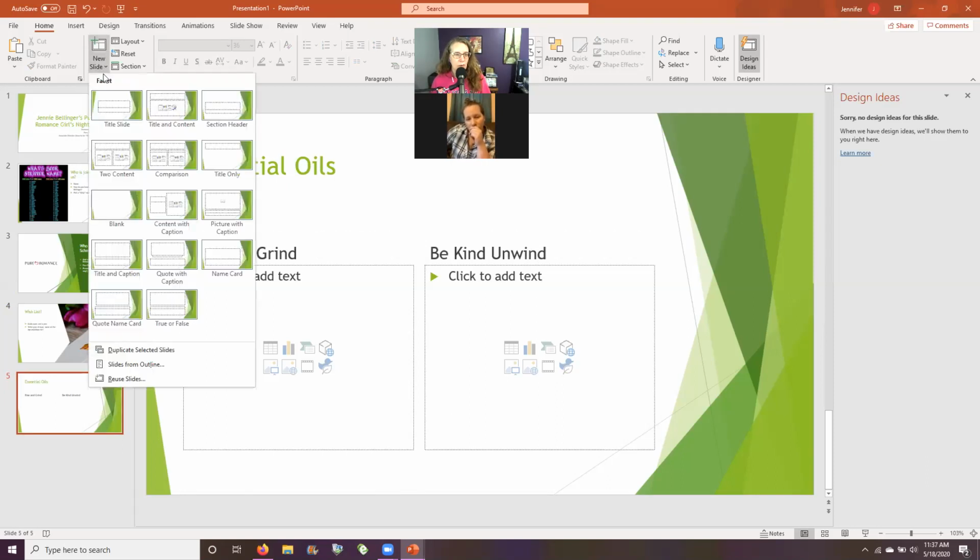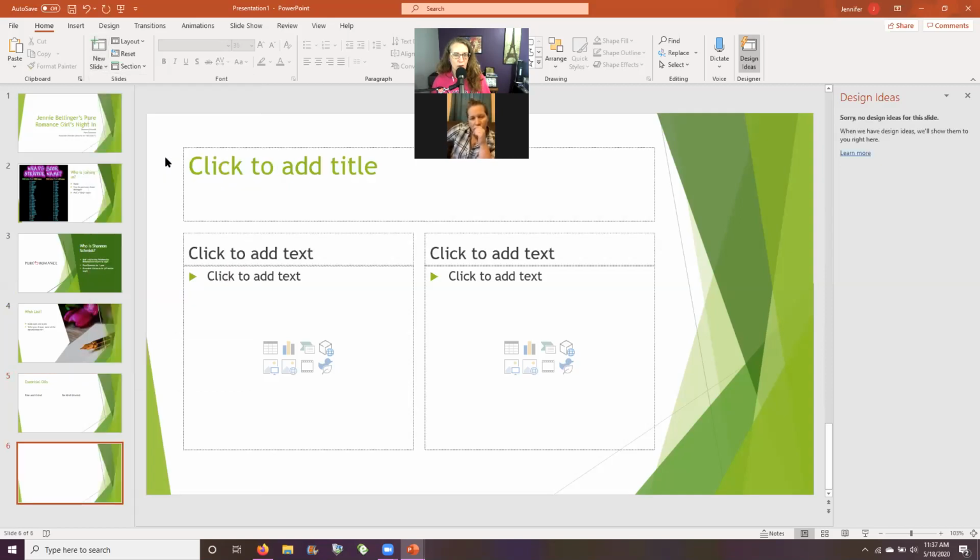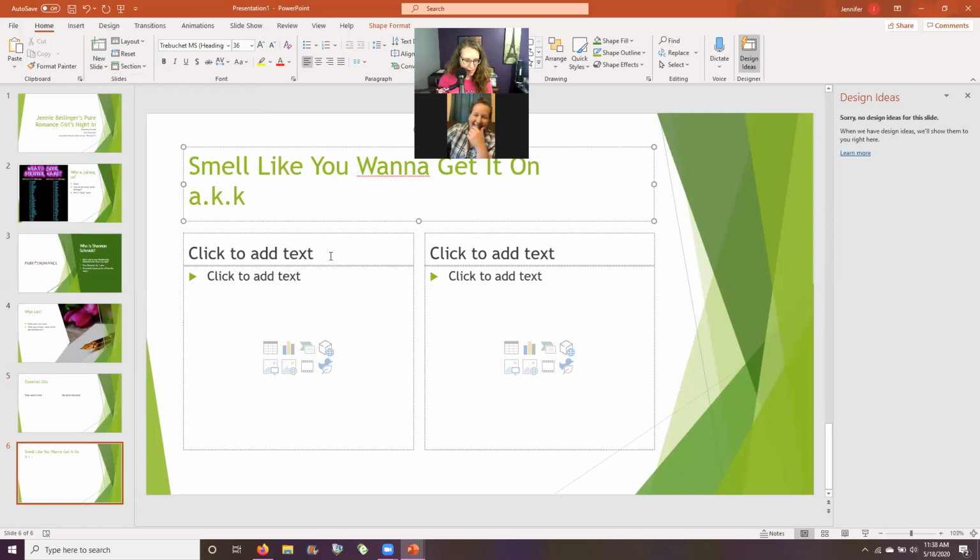But yeah, so going through each individual type of thing. After essential oils, what do you show off generally? Is that when you get into perfumes? I start with the Basic Instinct. It's another rollerball, but it's a pheromone cologne. Smell like you want to get it on, right? AKA our perfume collection, right? And so this is where you can put in